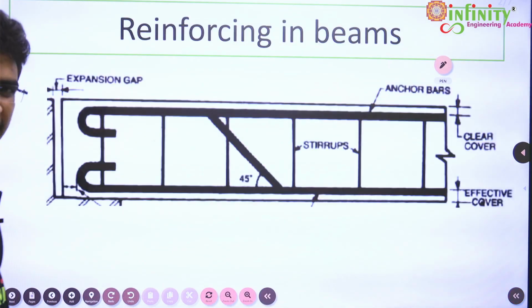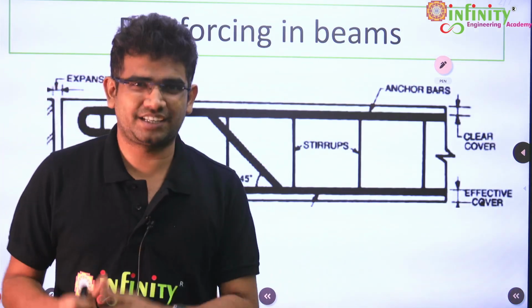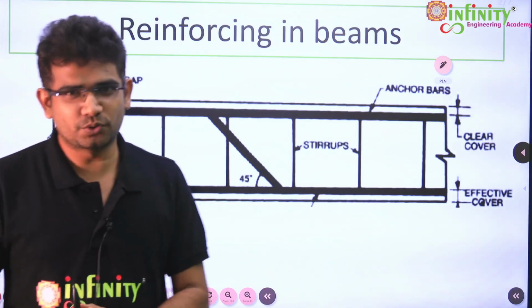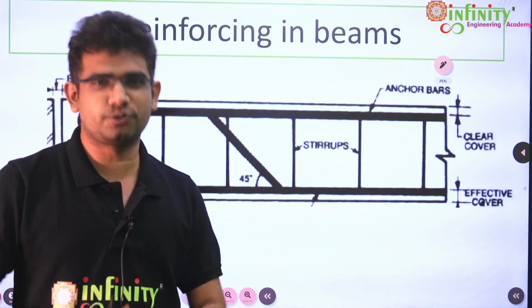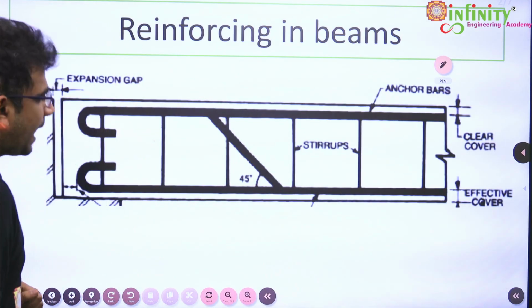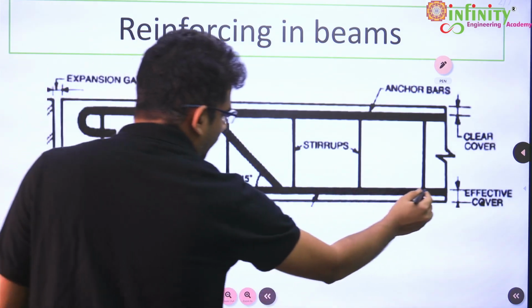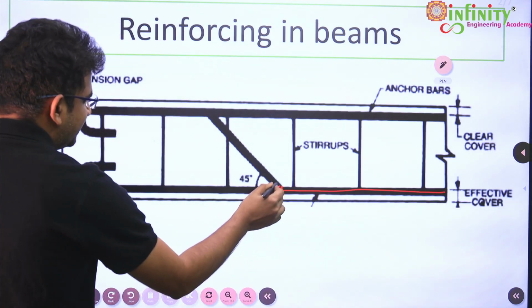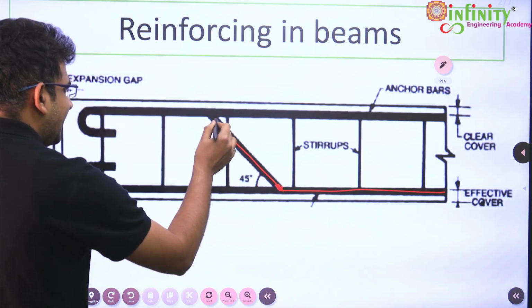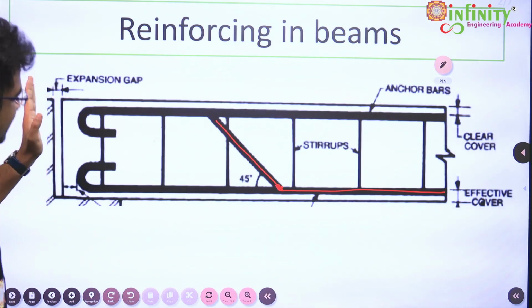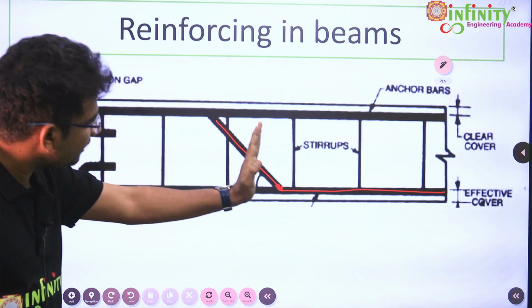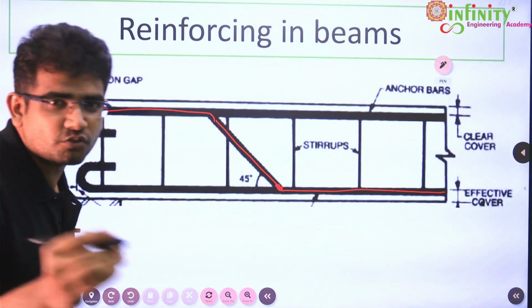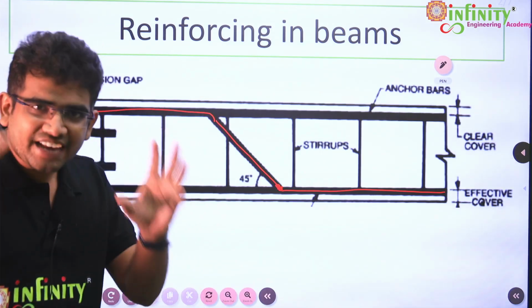If you take the reinforcing in beams, and when it is a fixed beam, or else a continuous beam, then here if you keep the steel bars like this initially, these bars we will bend at the supports, nearer to the support. Suppose this is one of the supports. Nearer to the supports we will bend the bars like this. So why do we have to bend the bars?